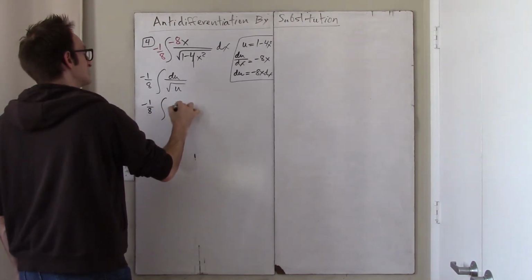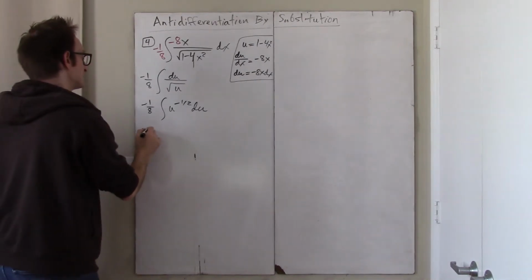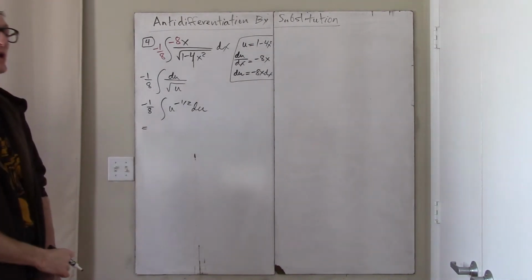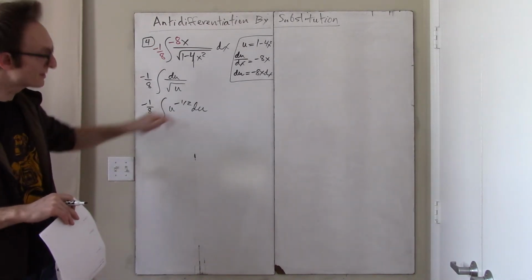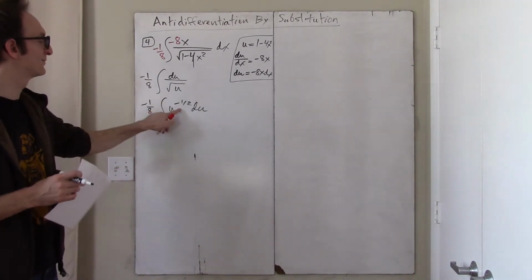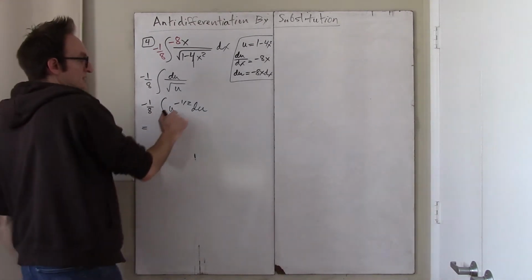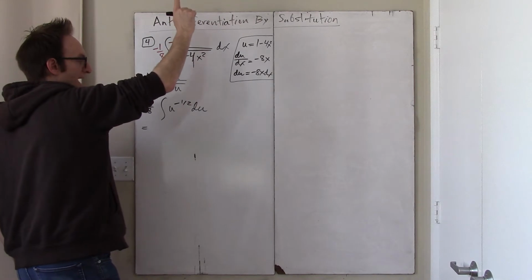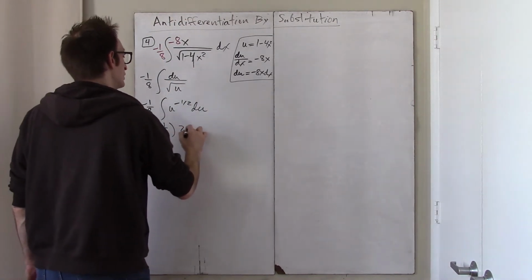This is really just u to the negative 1/2, and now this is just an easy problem. And so we're undoing the chain rule by forcing this to be an easier function, so we can antidifferentiate it according to some known rule, which here is to go up a power to 1/2 and divide by a half,